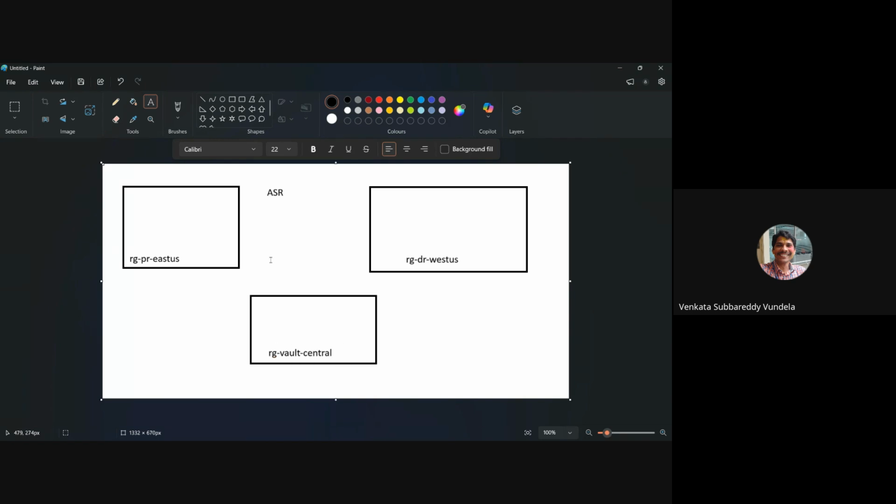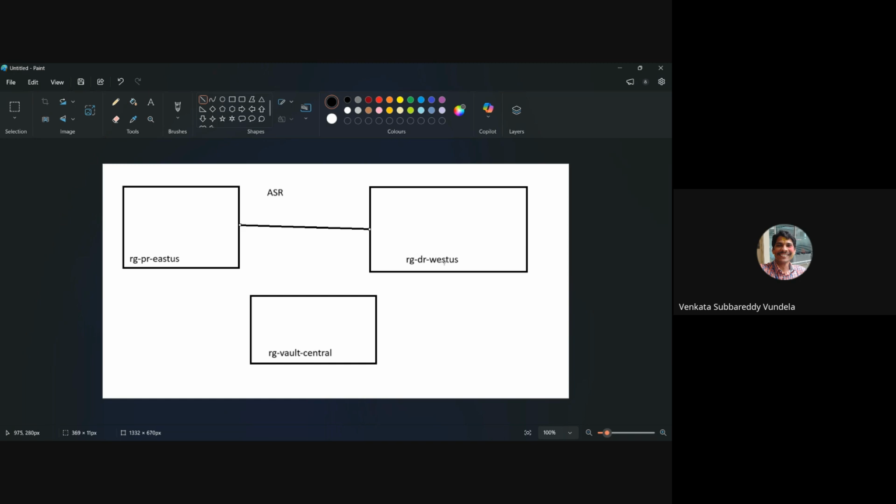Now let me explain why we need three resource groups or three different regions. As Karthik explained earlier, if all your production environments are in one region, one building, one data center, and there is a power outage, none of your virtual machines or applications can be accessed. That is the reason we need to keep your disaster environment very far from your production environment. That way, if a flood or a power outage happens, your disaster environment stays intact. That's the reason we keep disaster recovery in a different region.